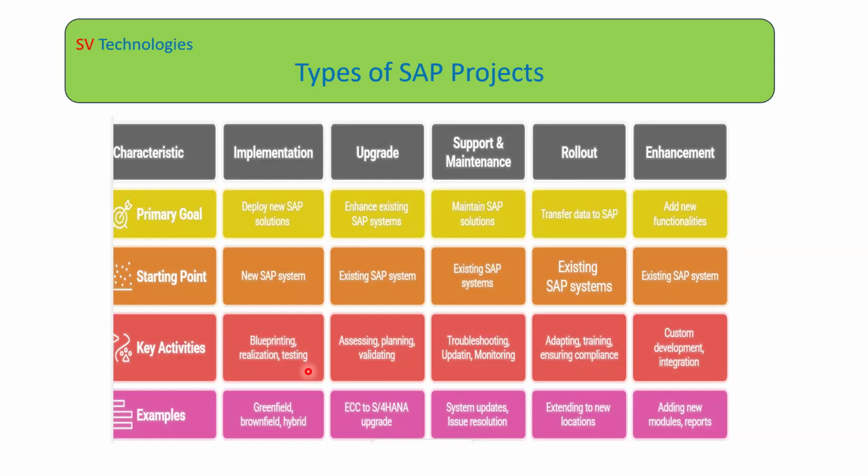That means after go live, once the users have started using the system, they may get some errors. There might be some emergency, critical issues or medium issues, whatever kind of issues they are getting. We should be able to address those issues or requirements immediately. That period we call hypercare.